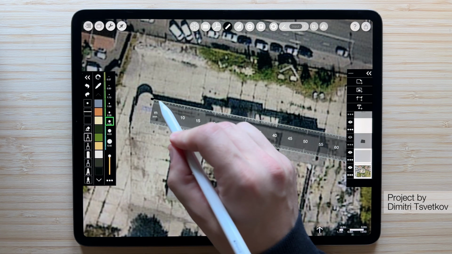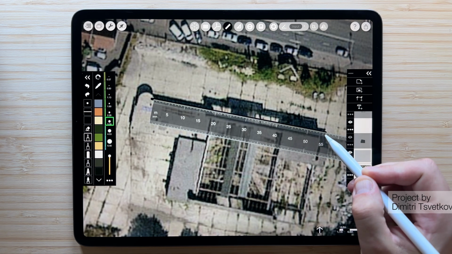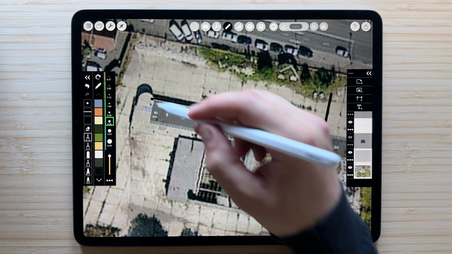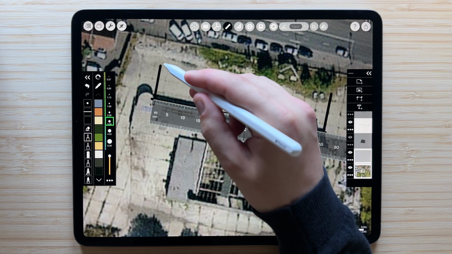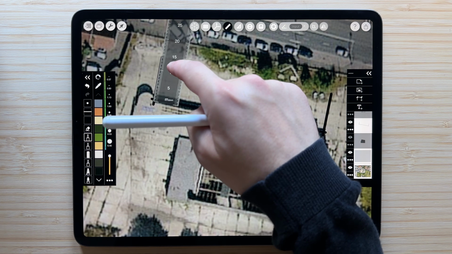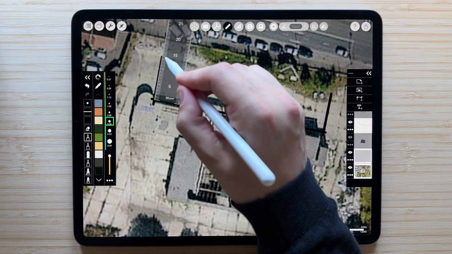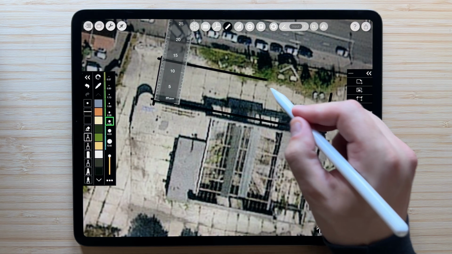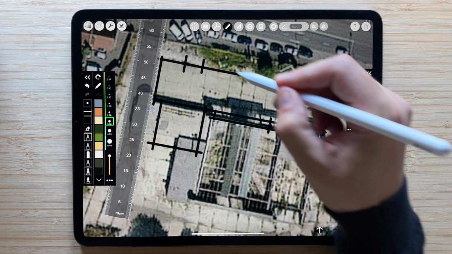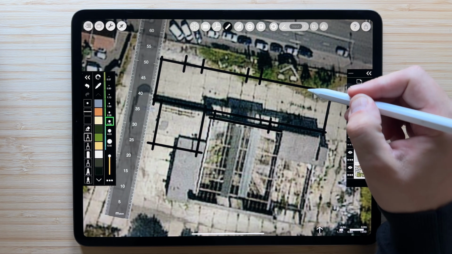I can start sketching out my initial lines for this project now. I want to create a volume over here that's about 55 by 13 meters, so I can use the scaled ruler to draw those lines out precisely. You can double tap the ruler to rotate it 90 degrees and continue measuring and drawing along different axes. What's great about the ruler is that you can draw parallel and perpendicular lines from the ruler's angle anywhere on